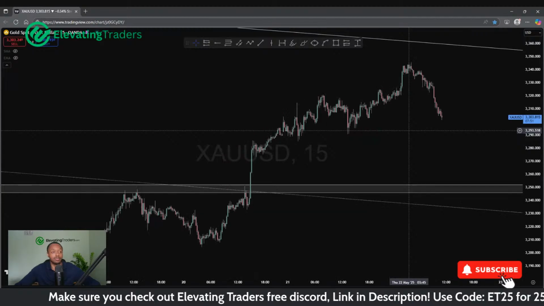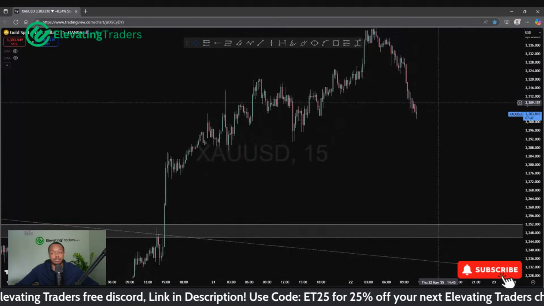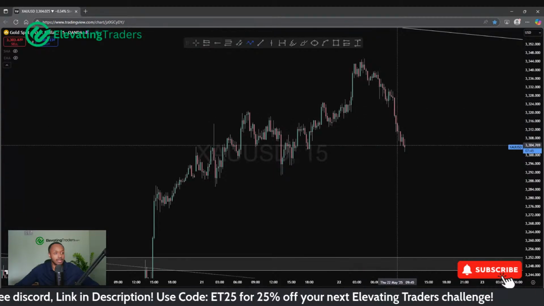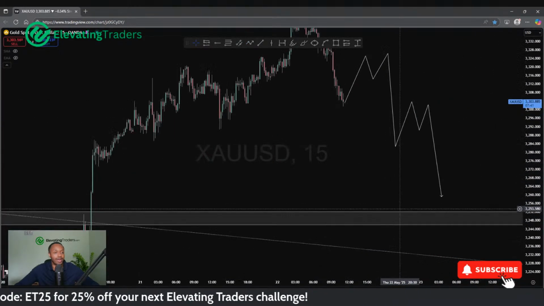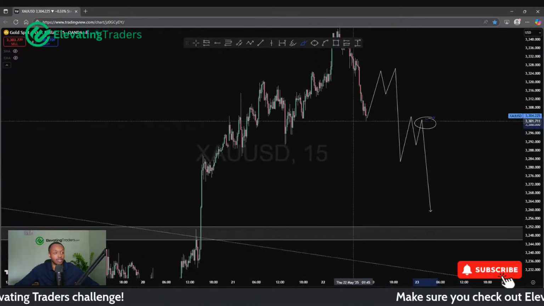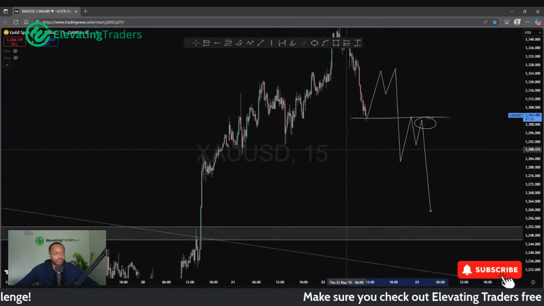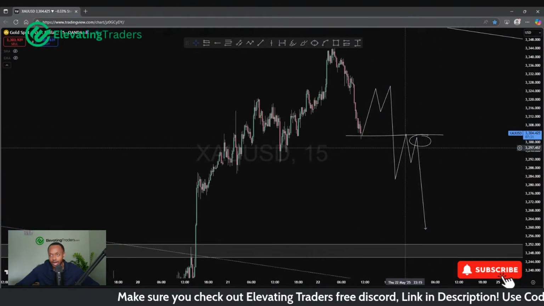I actually think on the 50-minute time frame there might be some selling opportunities. We still need some development for that. But let's say if we can start to put some bearish structure into play, there could be some sells on the way down to that level. And this could be something you look to try and take advantage of, maybe a break and retest somewhere. Like I said, there's a lot of development needed for us to identify some shorting opportunities.